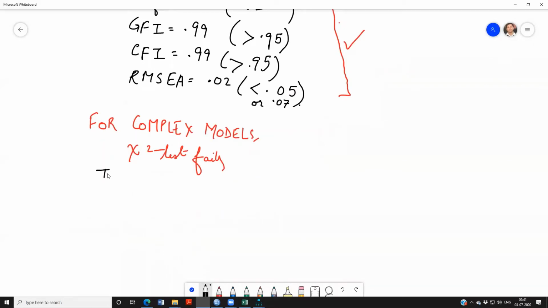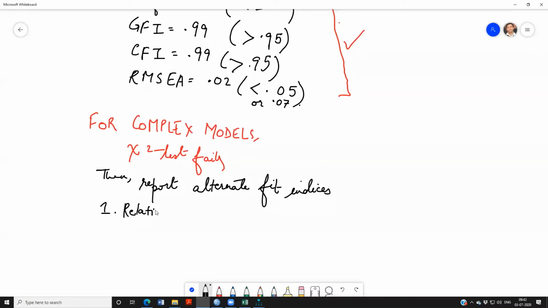In that case, you should report alternate fit indices and show that the alternate fit indices are doing well, giving you good results. And what are the alternate fit indices? The first one is relative chi-square,